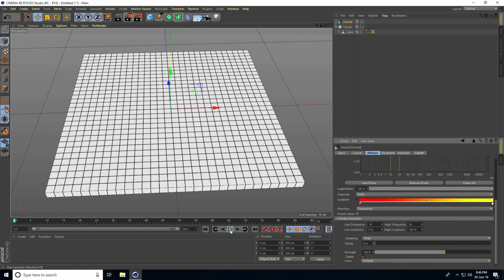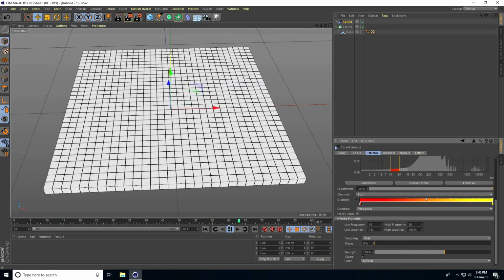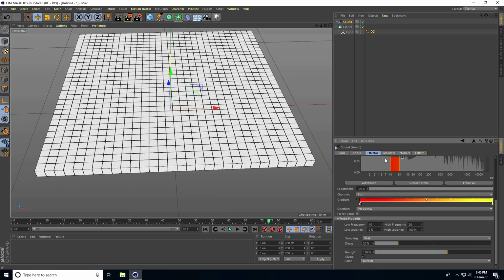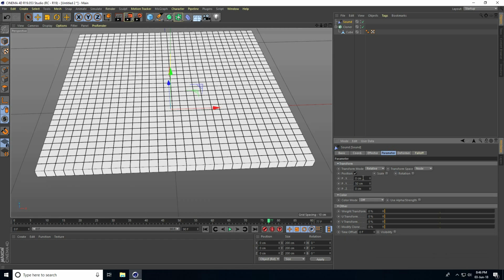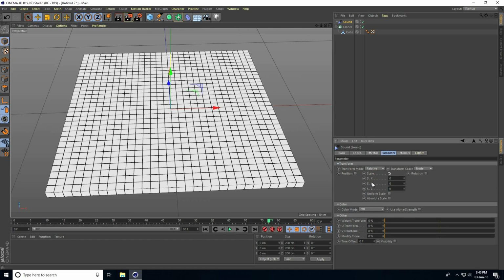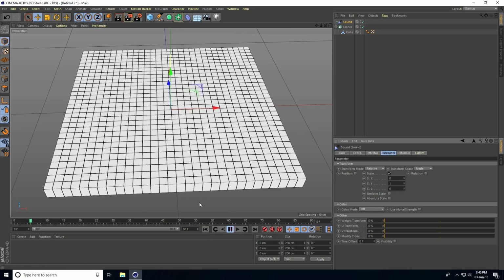Go back and play. Actually sound decrease, play. Right, change decay to 20% and strength I take 120%. I go to Parameter, position uncheck and scale size check. Y axis take only 1, go back and play.